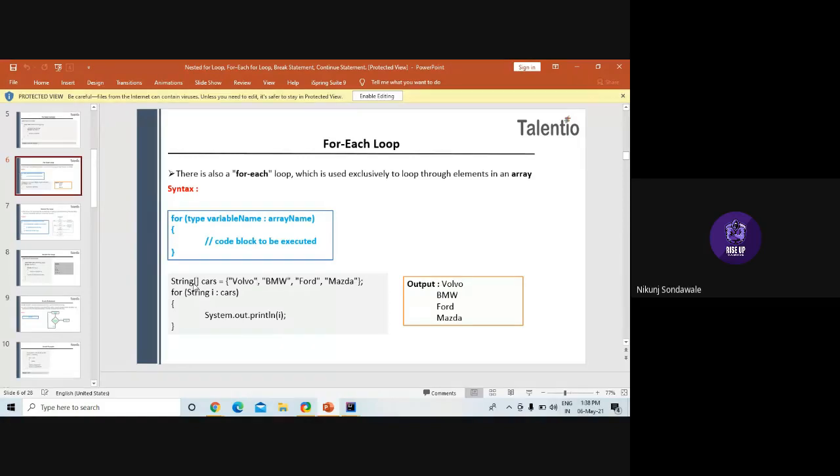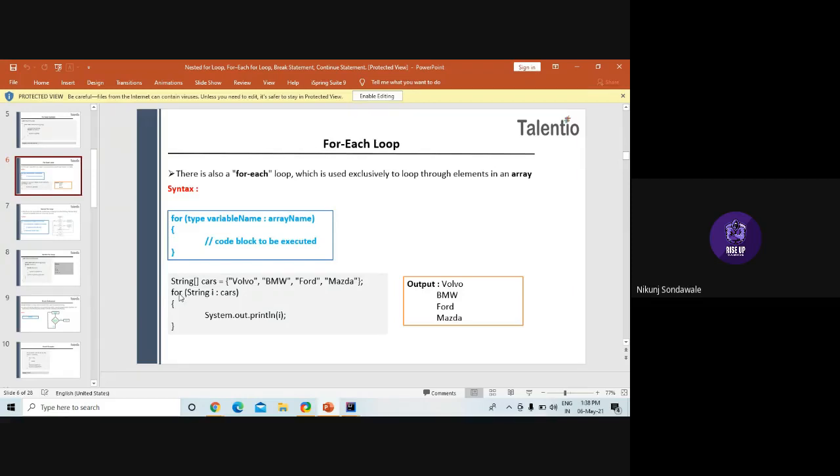So this is how we declared our array. Cars is your array name. Inside the array we have these strings at indexes 0, 1, 2, and 3. These are index numbers.